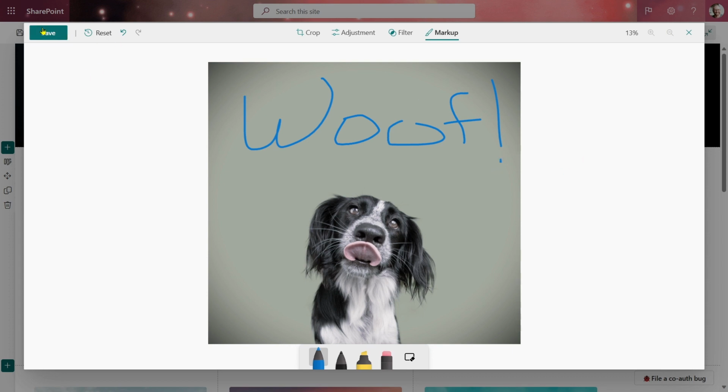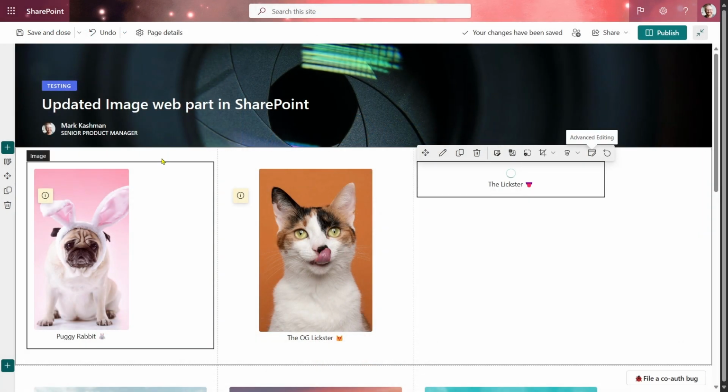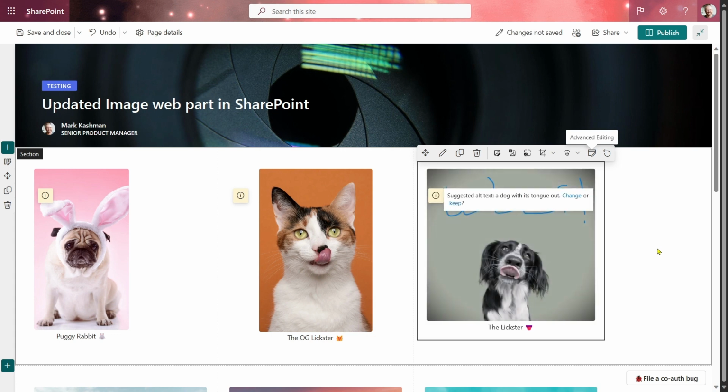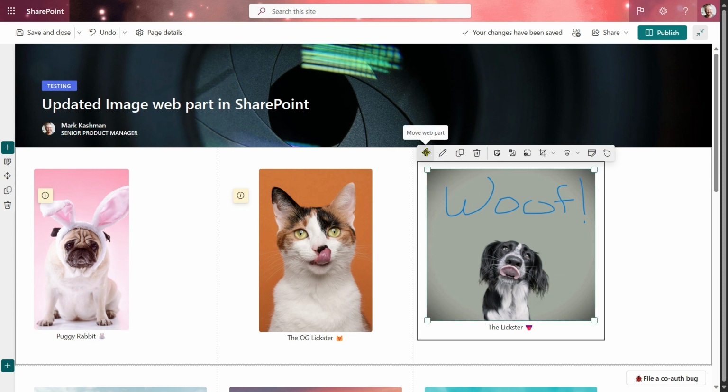All right, I think we are good. We're going to save that down. And it's right there doing real-time image editing in the browser, inside of SharePoint, inside of the individual web parts, the image web part. There are three of them on this page, and as you can see, it's very easy